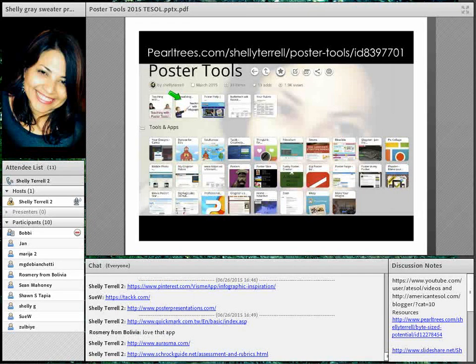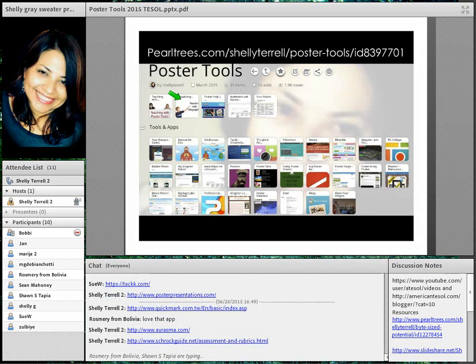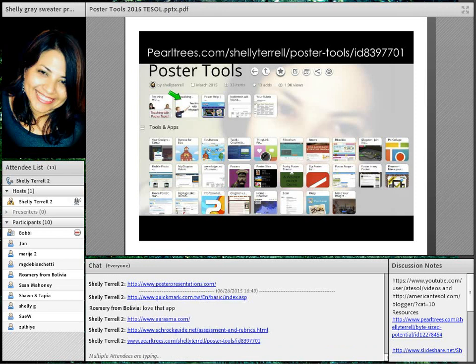A lot of times when you go to a science fair project or anything, a lot of people don't interact with the posters. So if you're going to print it out, use this to make it more digital and to make sure that people interact with that poster. There's lots of guides and rubrics out there for having poster projects. You don't have to reinvent the